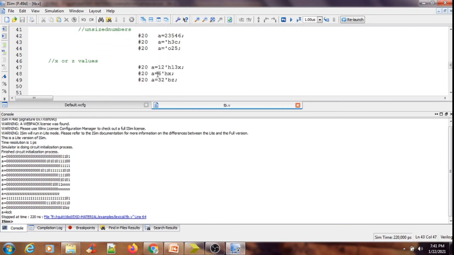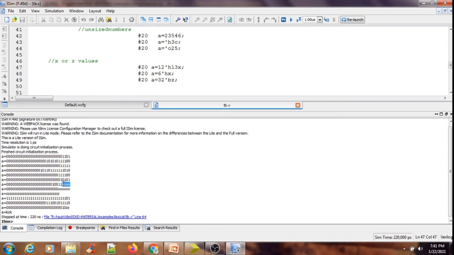Here I have taken A equal to 12-bit hexa 13x, 6-bit hexa x, and 32-bit binary z. In the 12-bit hexa 13x, this is the hexa representation, and hexa is a 4-bit quantity, so 4 x's should be present here.